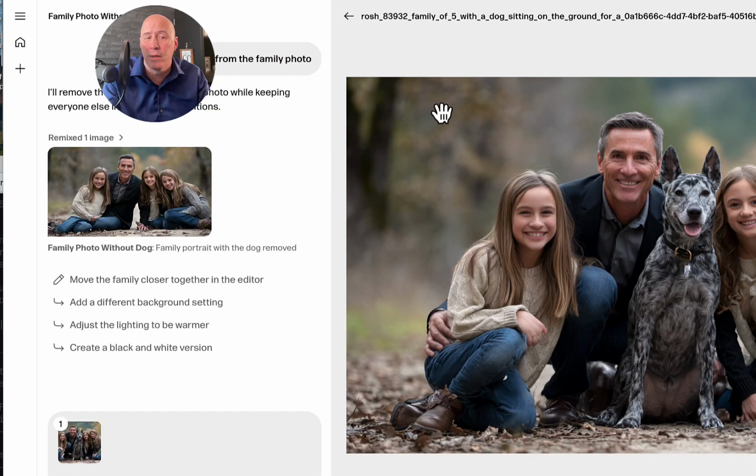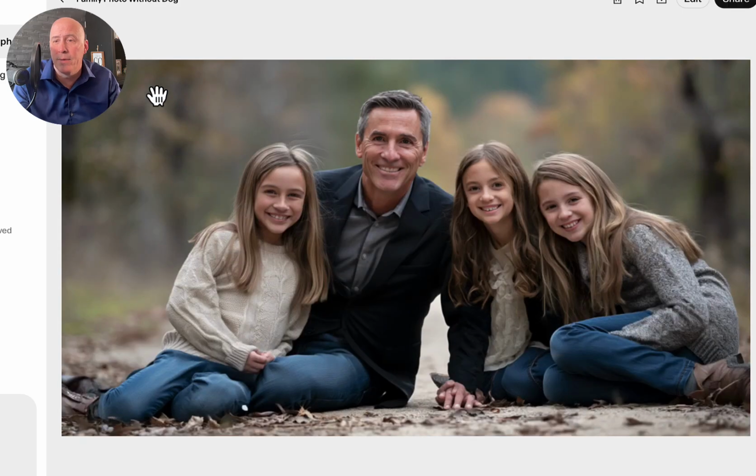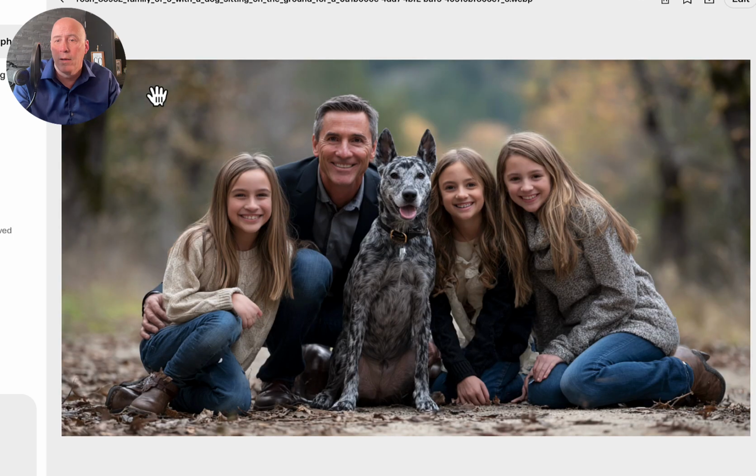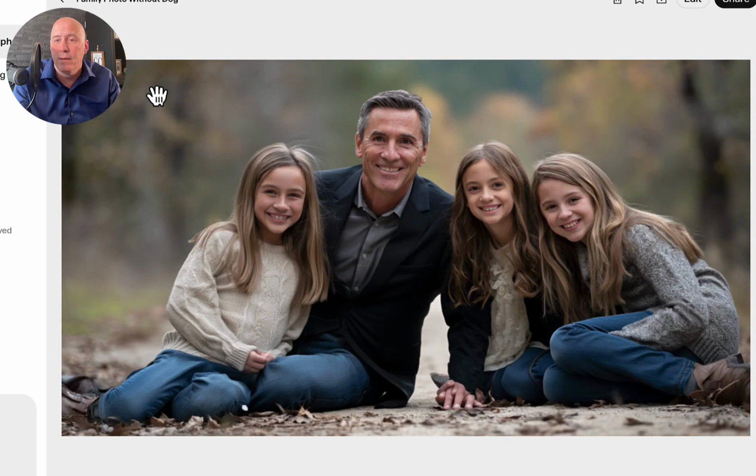So here's the original image. And then here's the image without the dog. So obviously there had to be some adjustments because there was the gap with the dog. Now I will tell you, when there's such a big element taken out of the scene like this, it's not always perfect. You could see a little bit right here at the hands. Looks like they're holding hands,